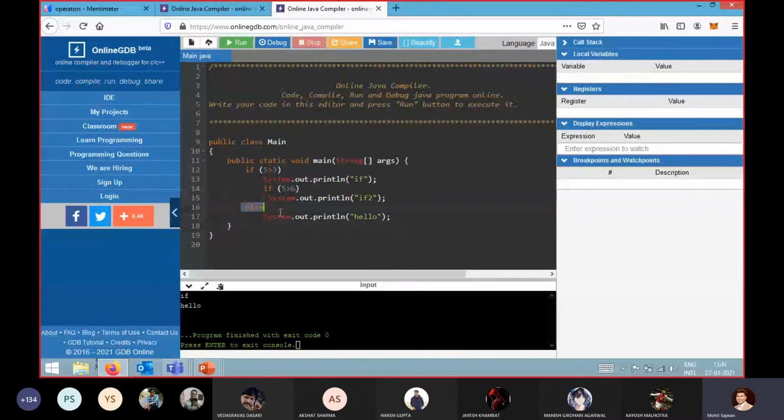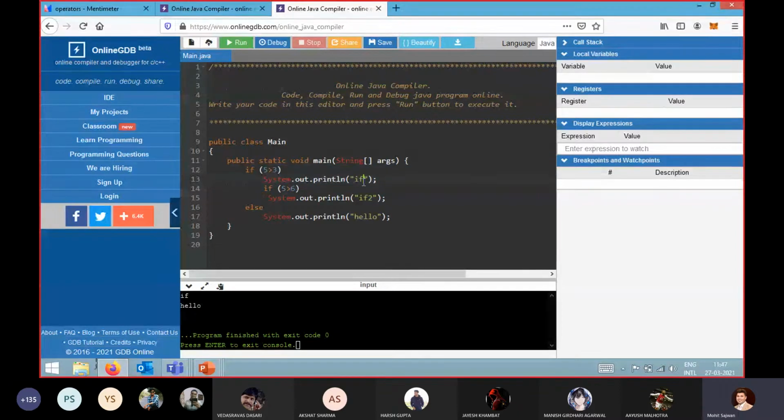So this else is not related to this first if. According to our Java compiler, this if does not have any else statement, but this if has an else statement, so that is why it executes this. So we have satisfied our first condition.